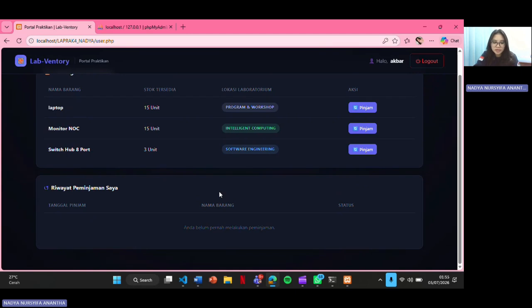The input validation is handled using JavaScript to check for empty fields, and Sweet Alert to display error messages. If the login fails, for example with a wrong username or password, the system shows an alert without reloading or redirecting the page, so the user experience stays smooth. For security, passwords are not stored as plain text because I use the PHP password_hash function, which encrypts the password with bcrypt, and password_verify to check the password during login.